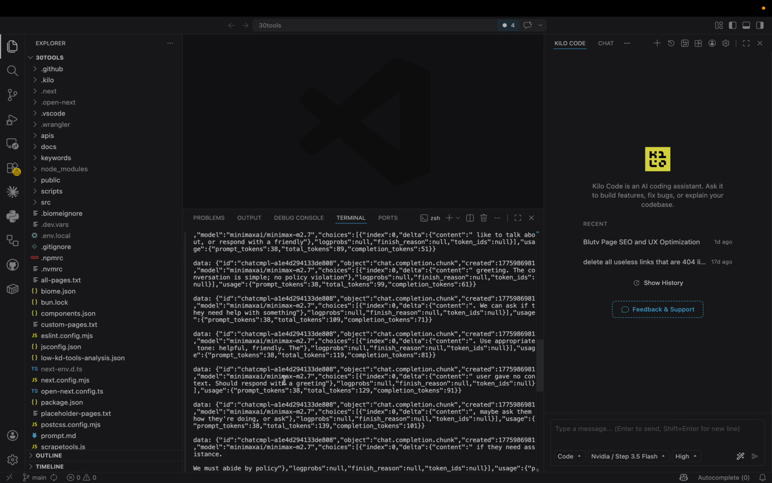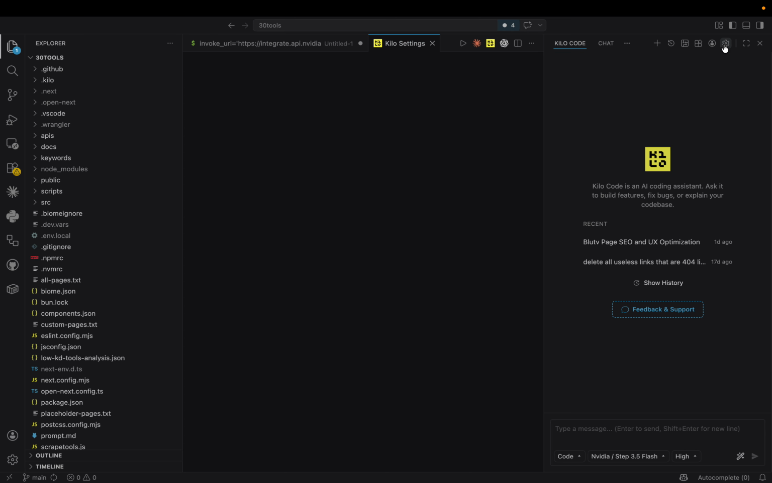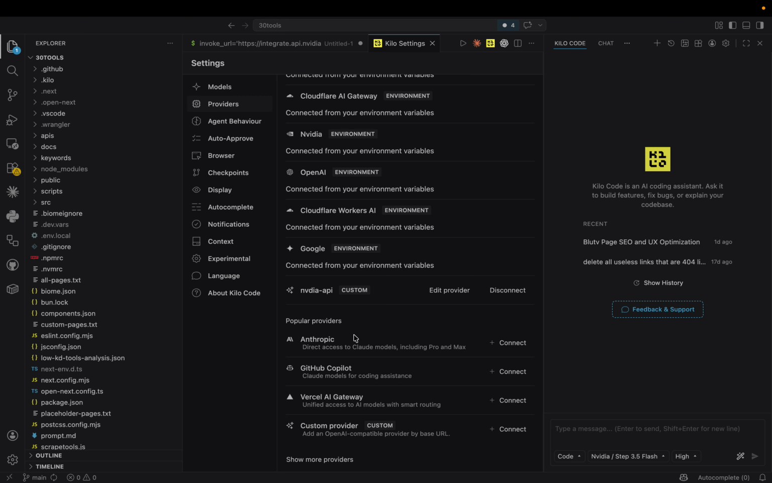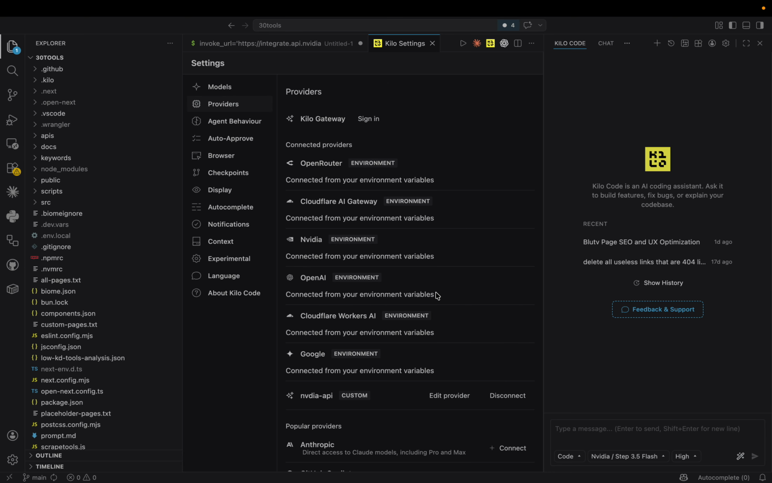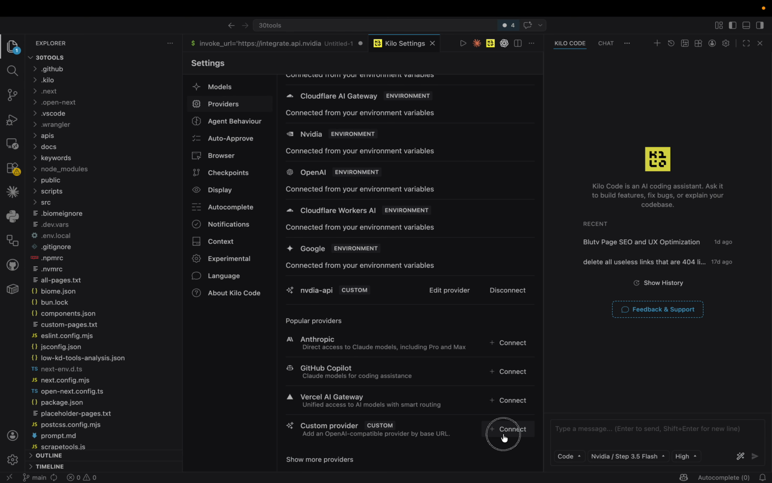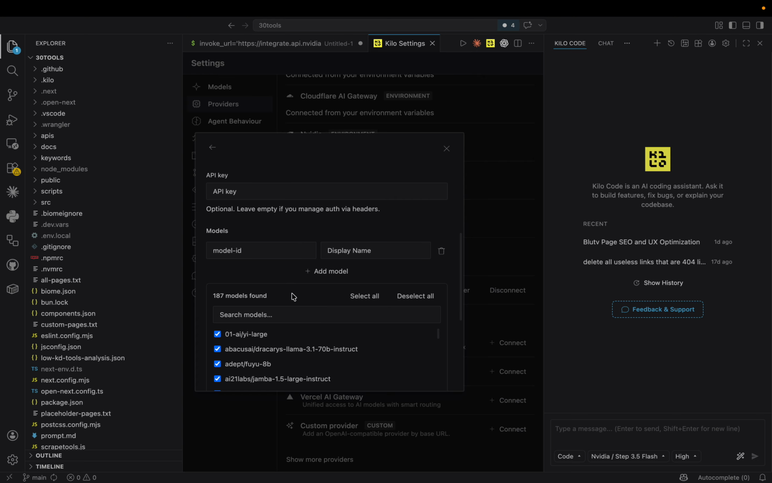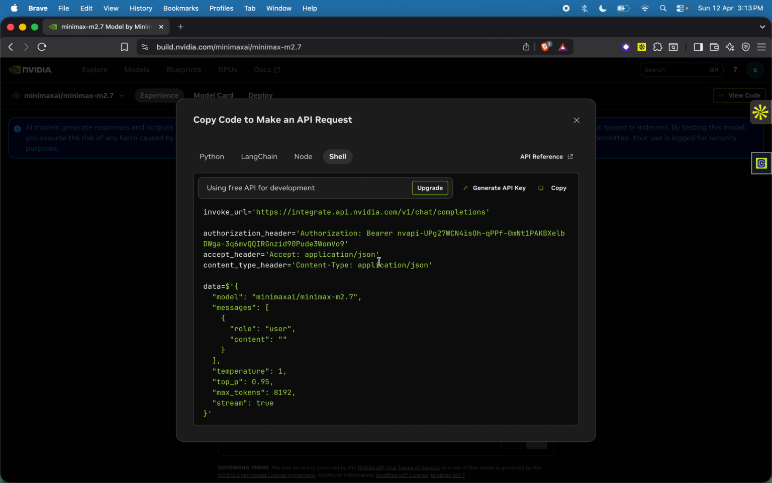This is the OpenAI compatible endpoint. Let's try to add this on Kilo Code. Go to providers, and we have to add a provider. It will be a custom provider, and provider ID, let's say NVIDIA 2, and base URL with this. API key will be this,